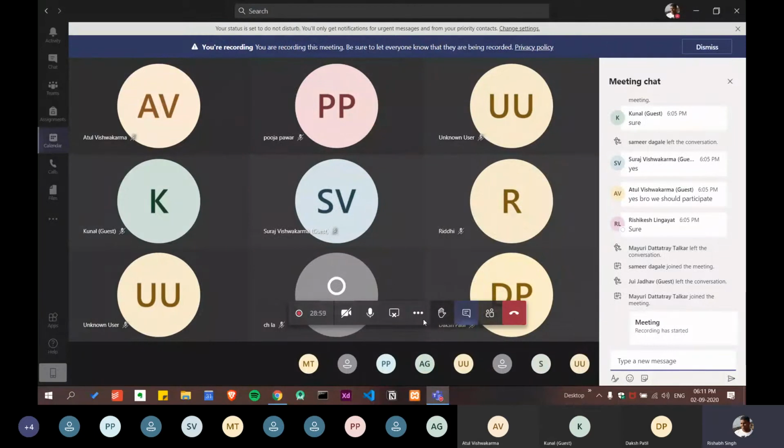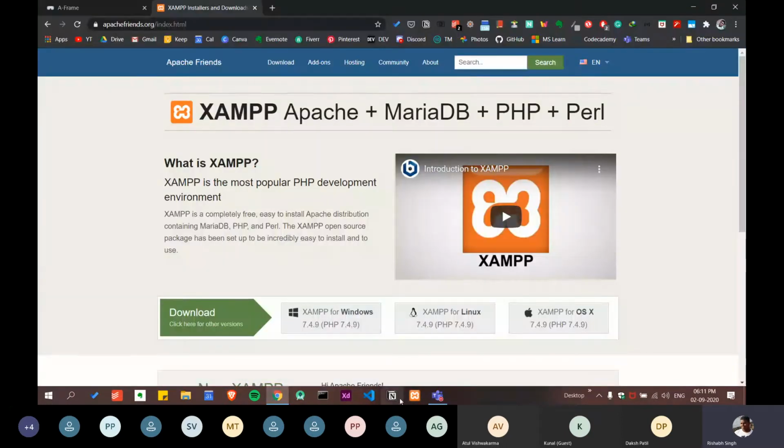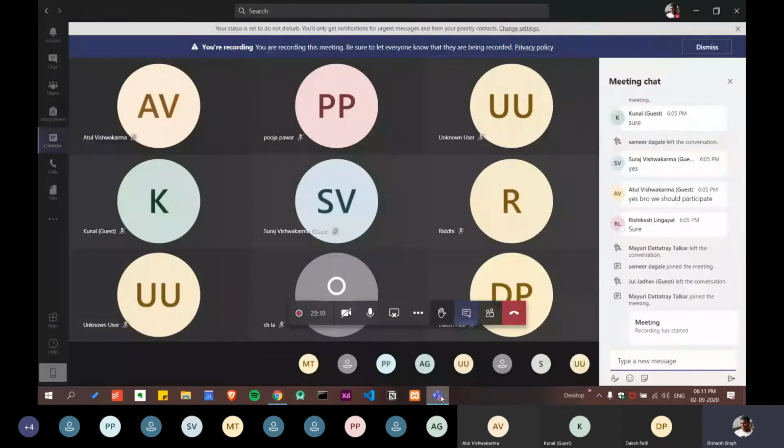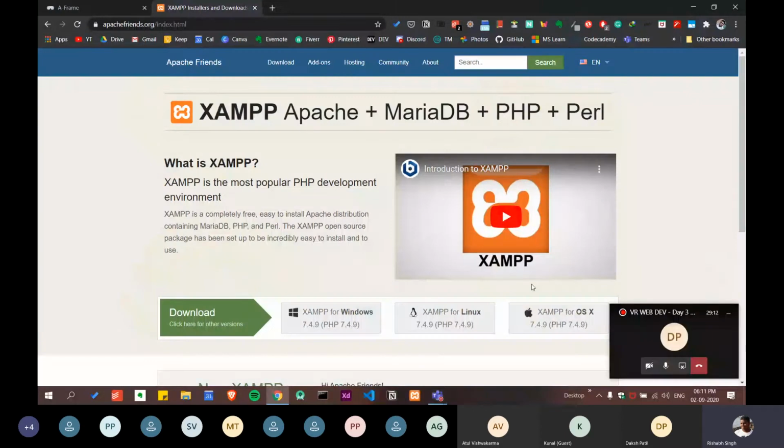Just let me know in the chat box if you know about this software, XAMPP. Some have just heard about it.